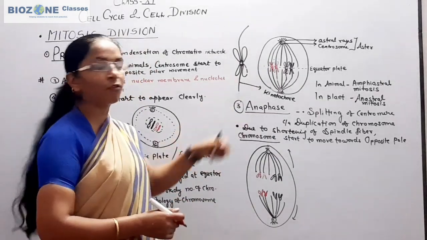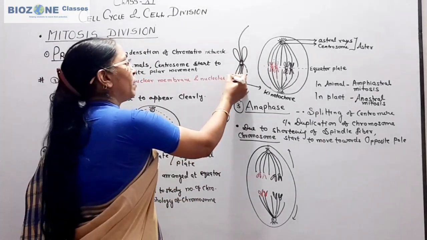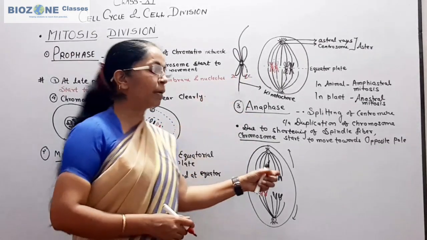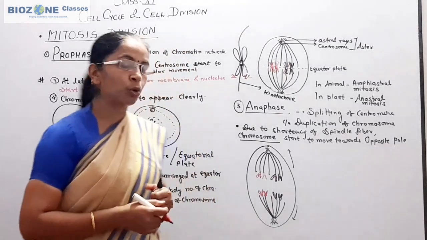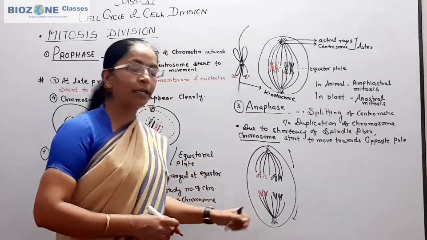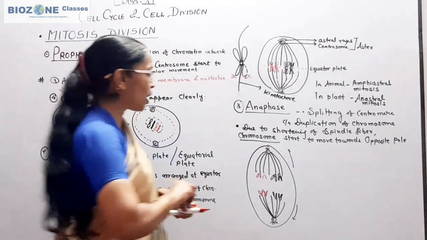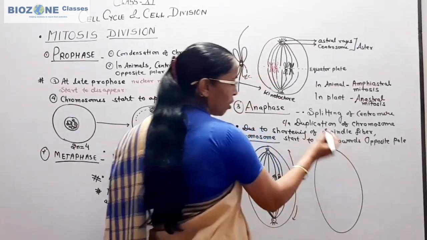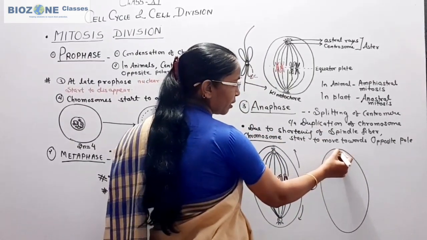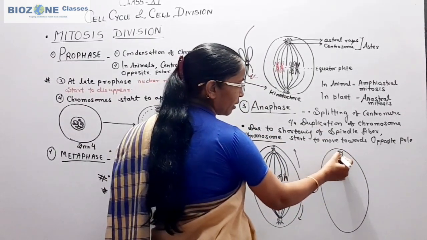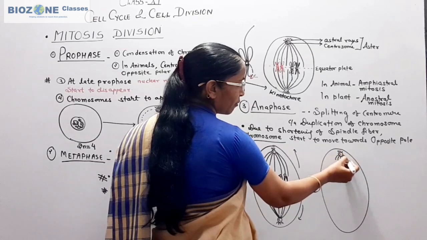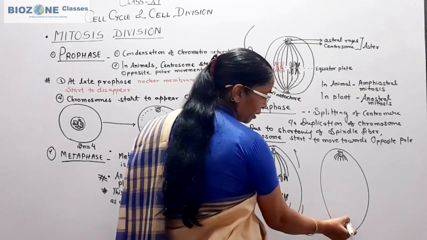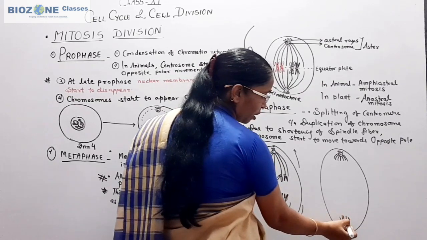Due to splitting of the chromosome, every chromatid becomes 2C, and in terms of DNA the chromatid now becomes equivalent to the chromosome. Because of that, the chromatids, or you can say chromosomes, start to move towards the opposite pole. So at the end of anaphase, or at late anaphase, nearly the astral rays and very short spindle fibers are there, and the chromosomes, you remember, nearly reach the opposite pole.